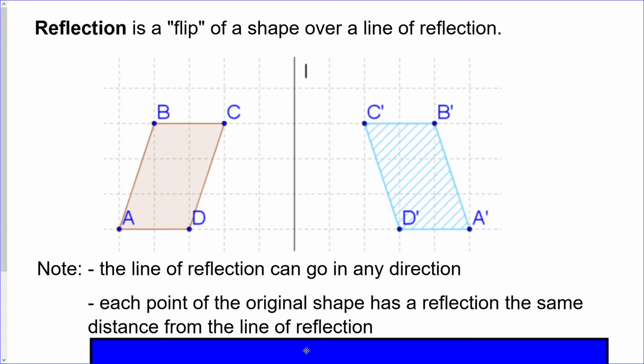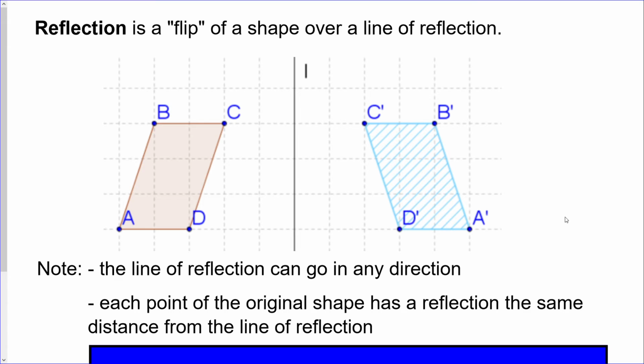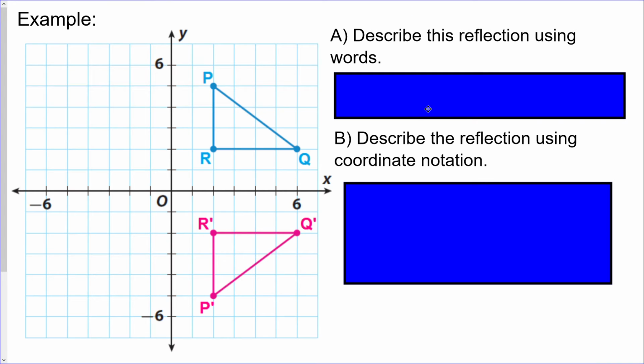All right, now the line of reflection in theory can go in any direction at all. Okay, it could be straight up, it could be horizontal, it could be diagonal. In theory, it could be anywhere. I'll talk in a moment near the end of the note about some of the most typical lines that are used for these kinds of questions. Okay,